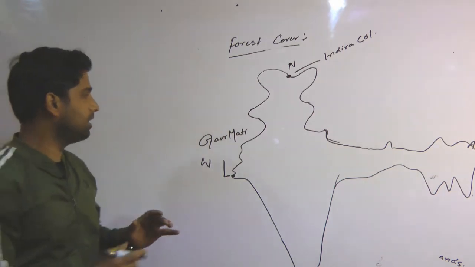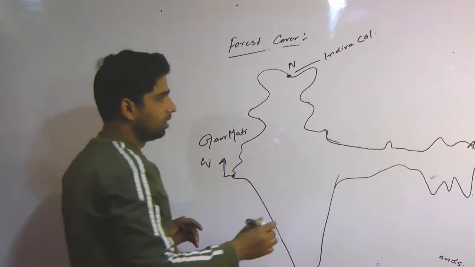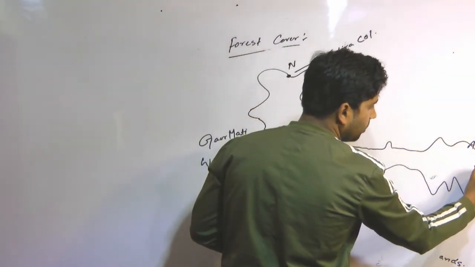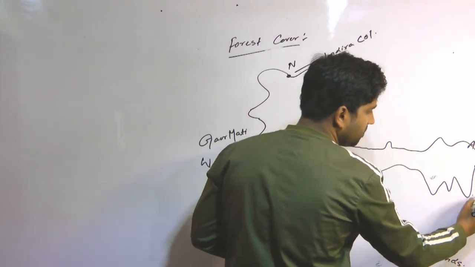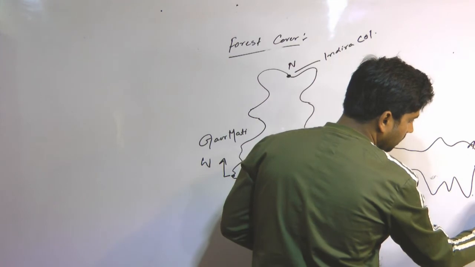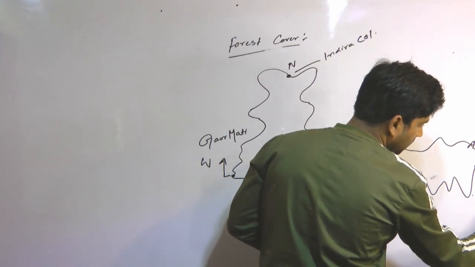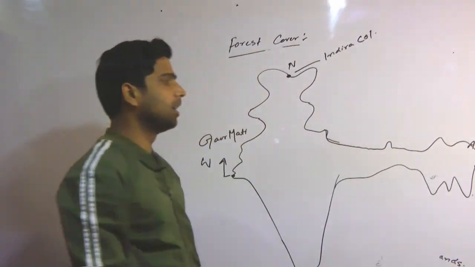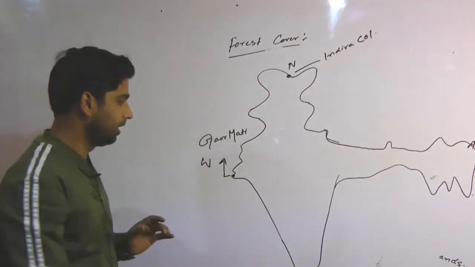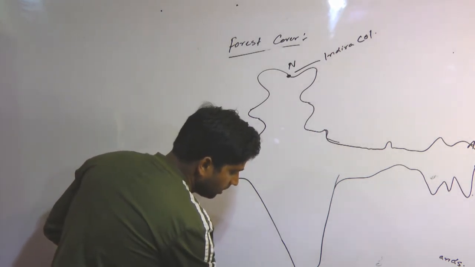Gormati is the westmost point of India, and here in Arunachal Pradesh is the eastmost point, Kebathu or Kebathi. Kebathi is the eastmost point of India, and here in Kanyakumari,